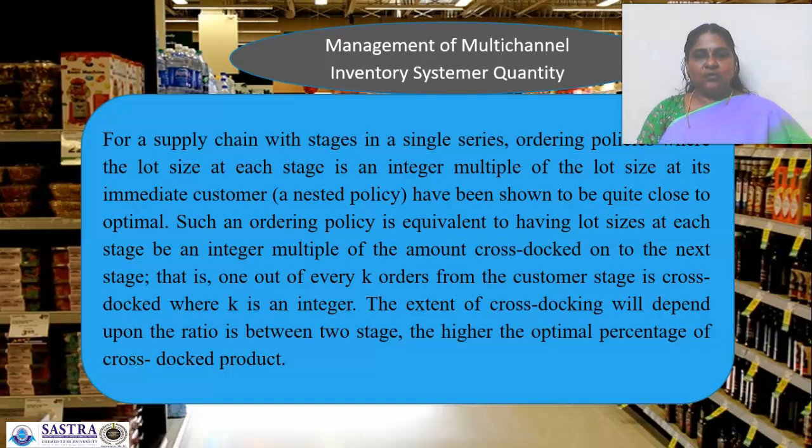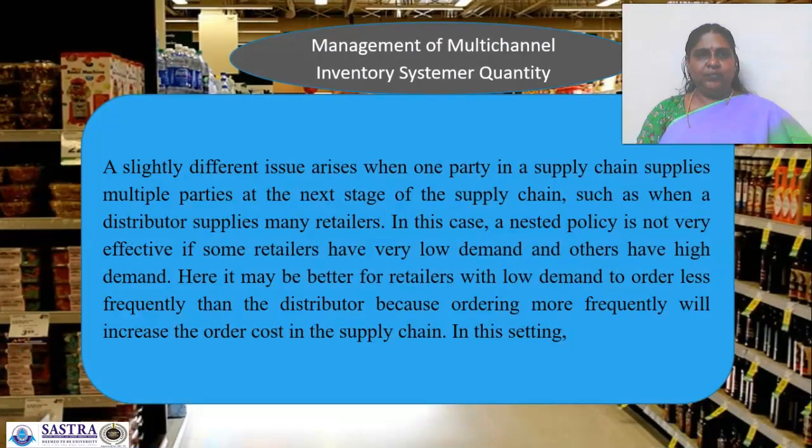That is, 1 out of every k orders from the customer stage is cross-docked, where k is an integer. The extent of cross-docking will depend upon the ratio between the two stages. The higher the optimal percentage of cross-docked product,